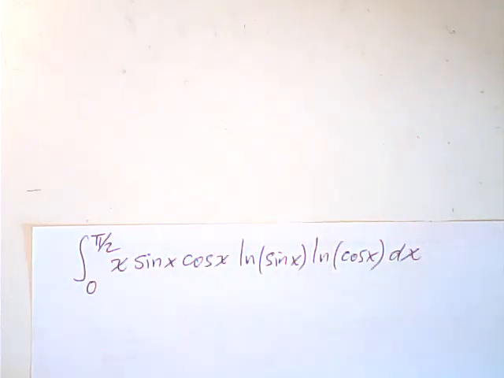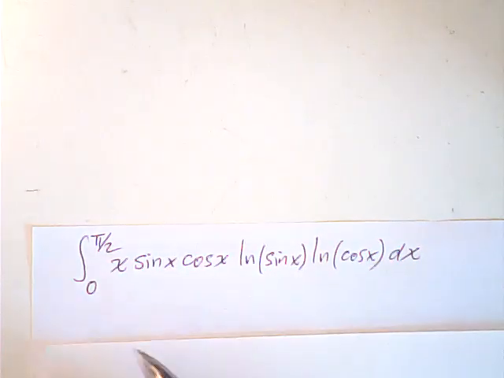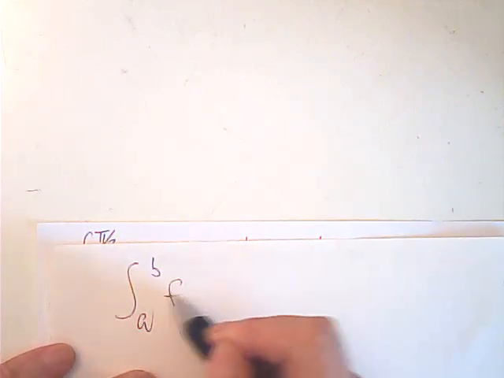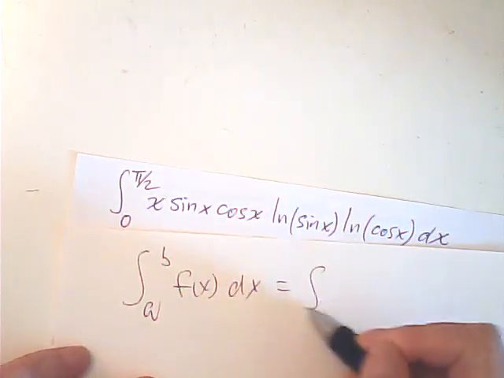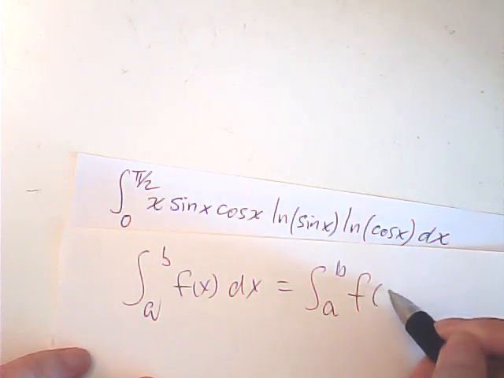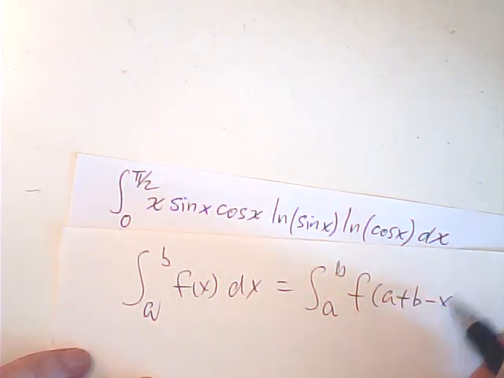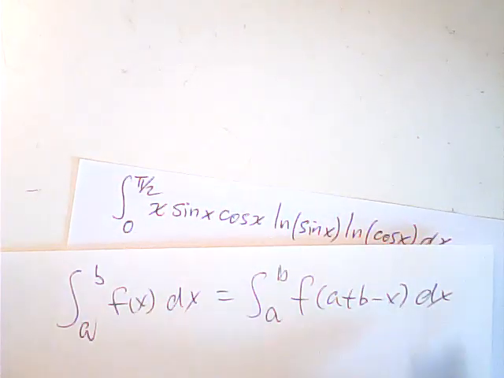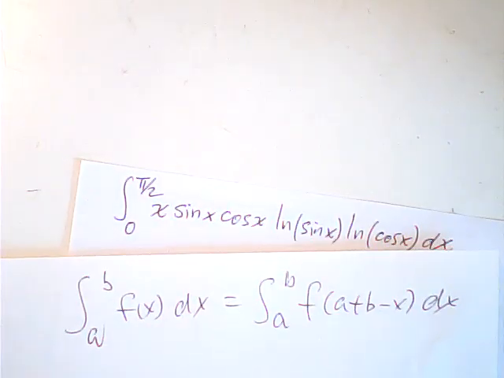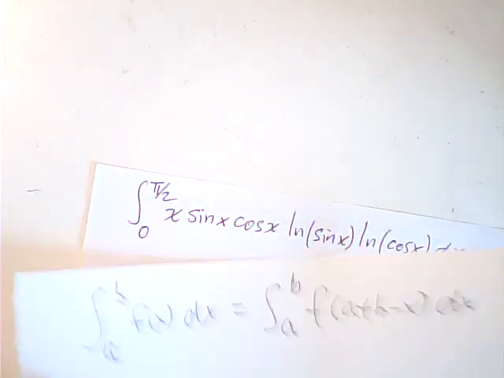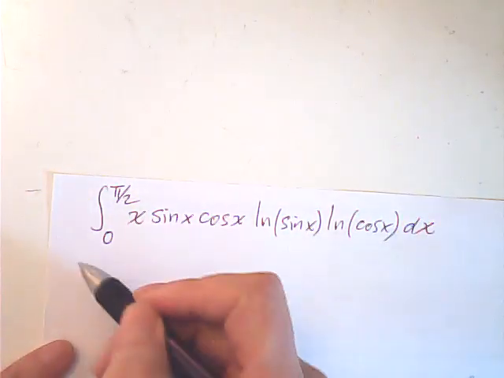first, well, we know this formula: the integral from a to b of f of x dx is equal to the integral from a to b of f of a plus b minus x dx. Well, that could be easily proved if you haven't seen it. Perhaps you know this formula anyhow. So here,